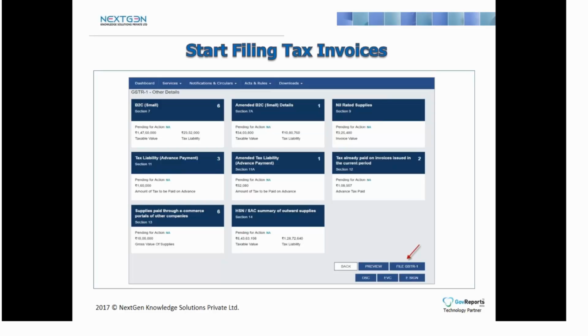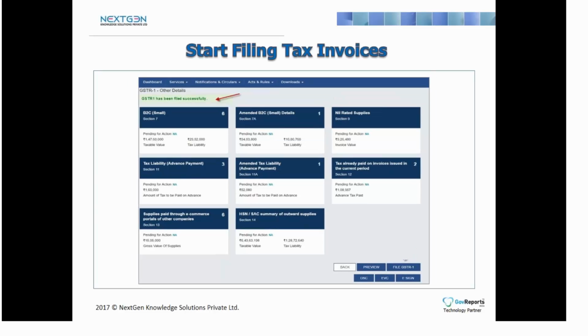Once you put that OTP, it allows you to communicate with the GST portal, and then you can go to your dashboard and there you can file the GSTR 1. When you click file GSTR 1, the data which you have captured in this Excel sheet gets uploaded. You can see the button icon file GSTR 1. When you click this, all the data which is there in the Excel sheet gets uploaded on the